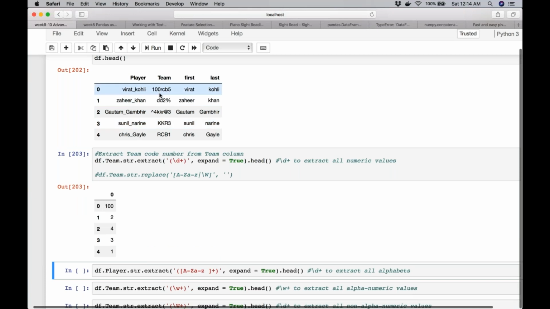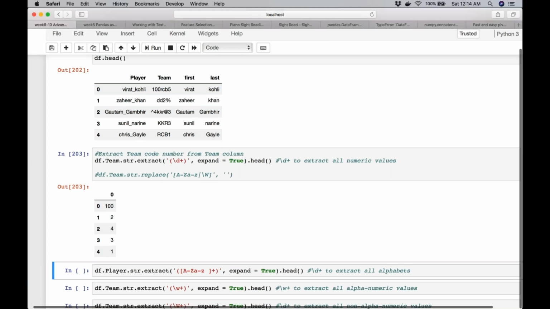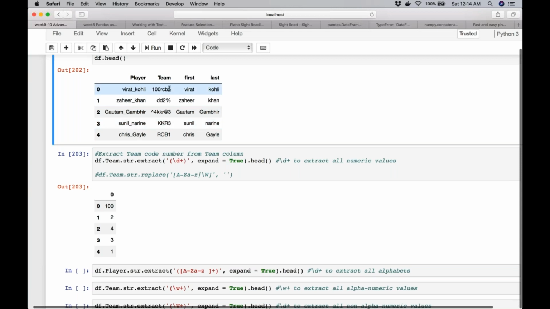Please also note that in this case there was a 100 and there was a 5. It only captured the first occurrence. And why is that? Because it strictly follows the capture group, and this second set of numbers, the 5 here or a 3 here, would come as a second capture group because there is some string in between.